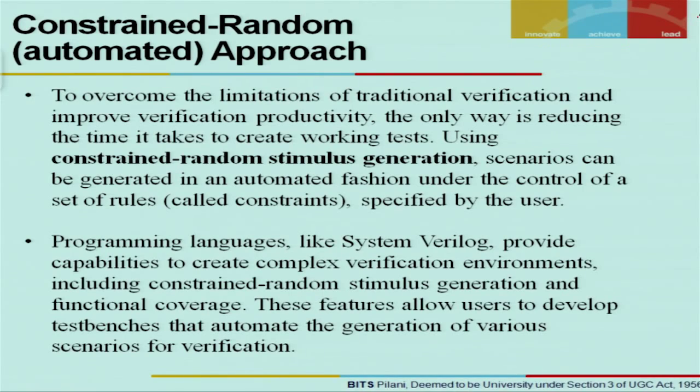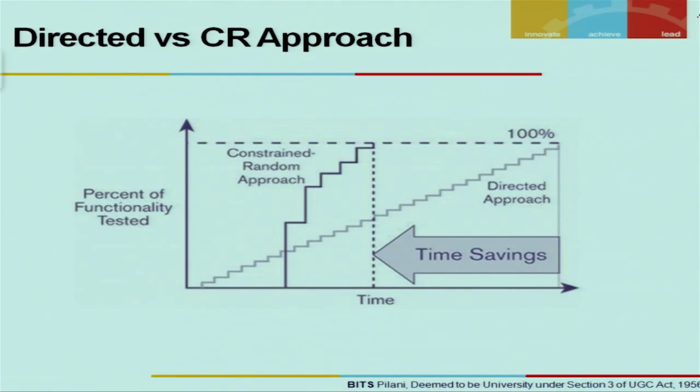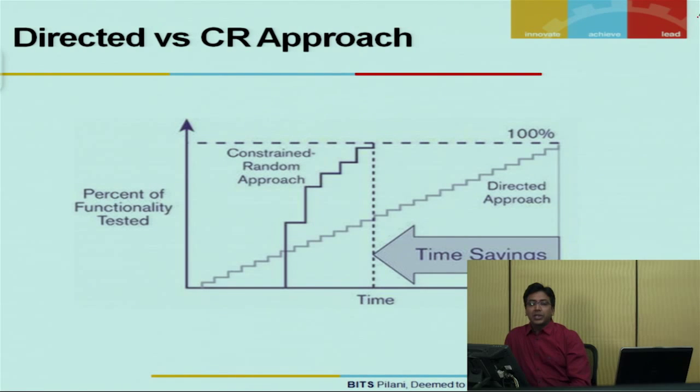So the second approach, which is called the constraint random approach, will take less time for him to create the test cases and he can focus more on the debugging part. He will be able to achieve more scenarios in lesser time. This is a flowchart of a typical graph which shows the time consumed in a directed versus constraint random approach. So as we discussed,